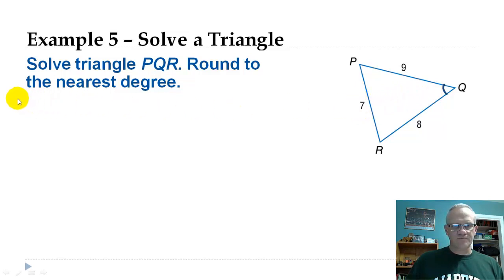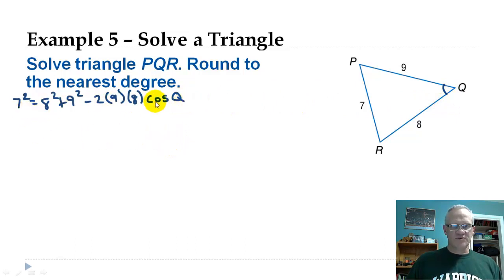So I'm going to do 7 squared equals each one of these squared, 8 squared plus 9 squared, minus 2 times each one of these other sides again, so 9 and 8, times the cosine of the angle I'm trying to find, Q. This is like the problem that we just did. So 49 equals 64 plus 81. And then